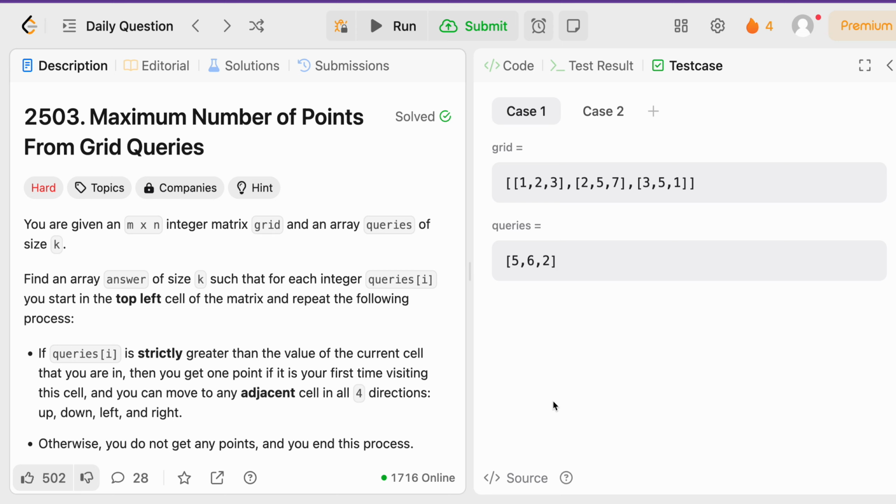Hey everyone, welcome back, and today let's solve Leetcode problem 2503 titled Maximum Number of Points from Grid Queries. So we're given an n by n integer matrix grid and an array queries of size k, and we want to find an array answer of size k such that for each integer queries at index I, we start